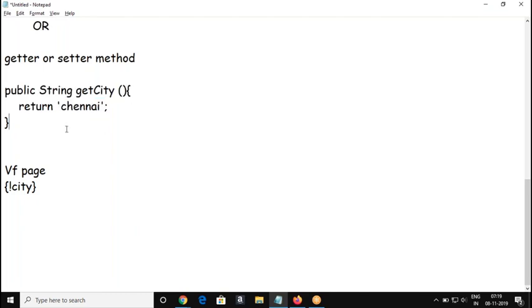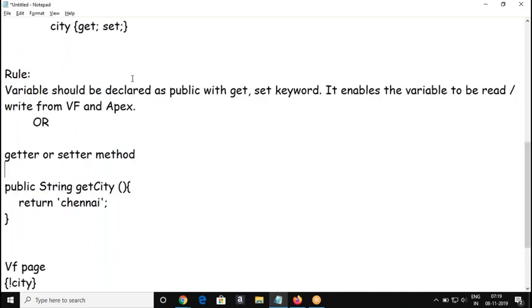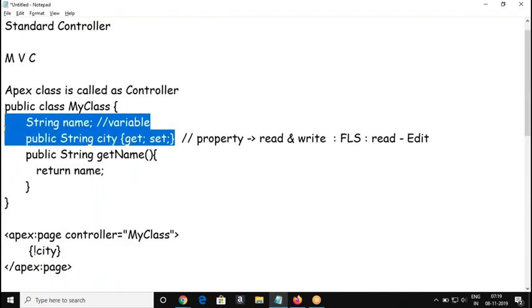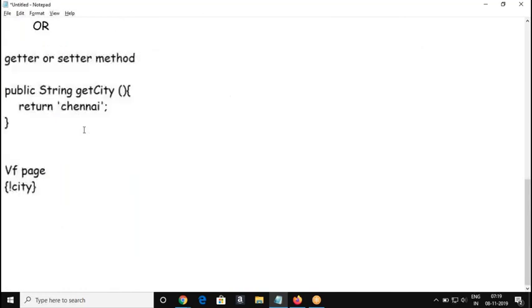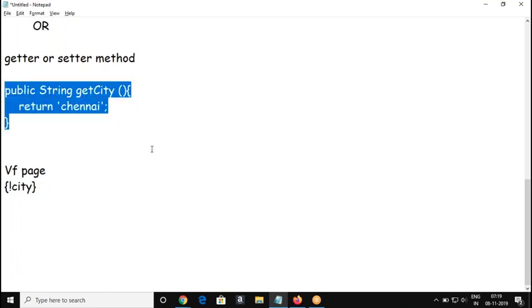So this is a method, so you can have your logic here. You can write your business logic. So what is the difference? Generally, you declare it as a property. A property doesn't do anything, just a variable declaration. But when there is a need to execute some business logic when the variable is read, then we go for a getter method. Am I clear to all of you?